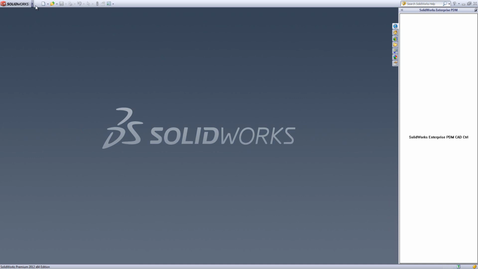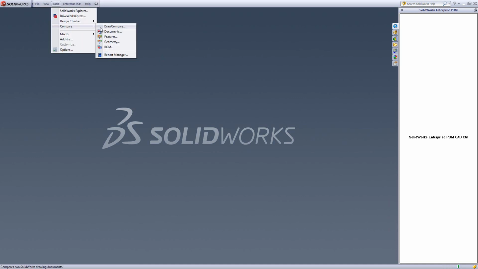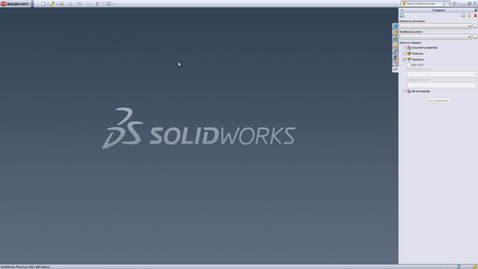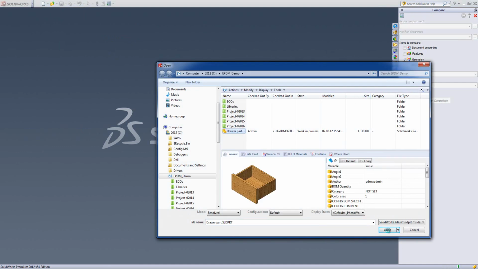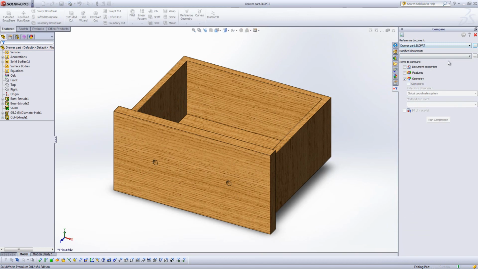So in SolidWorks we have a comparison tool which can be found under Tools, Compare. In this case we're going to compare geometry. We're going to select our reference document, take that document there, and then we're going to select another configuration of